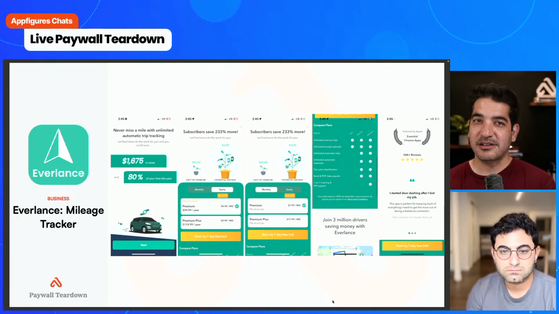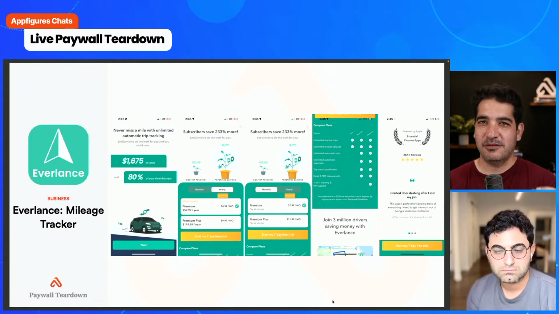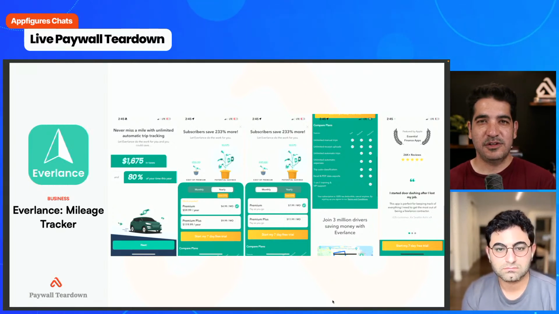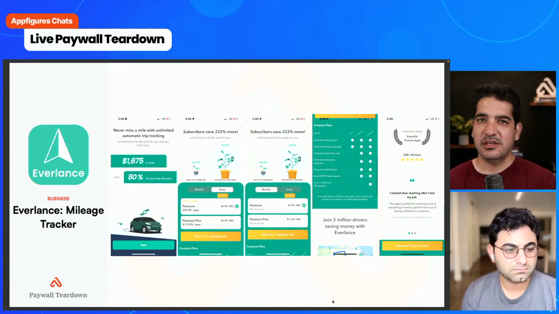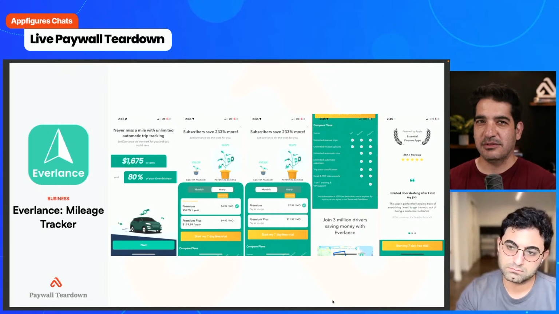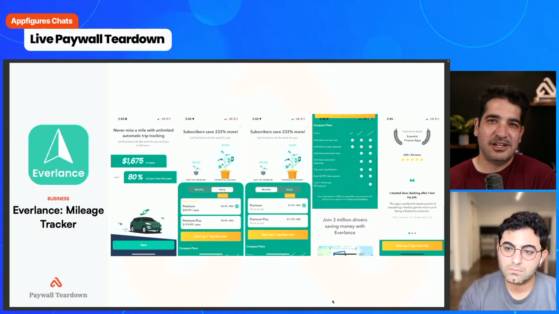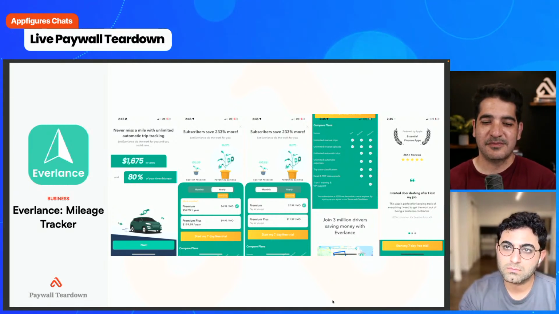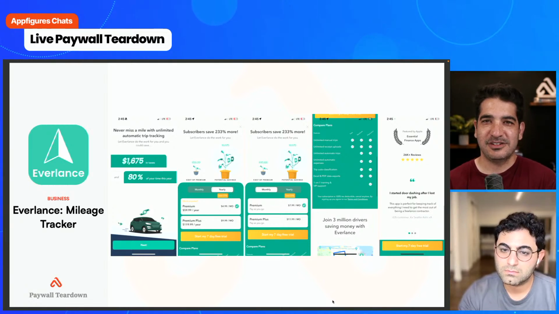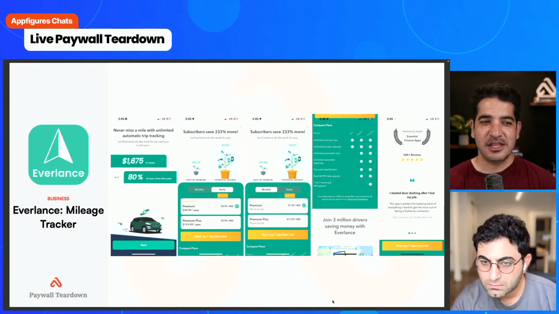So maybe your main paywall could have a few more, but then your other paywalls could be really hyper specific, either to a feature or maybe even potentially a use case, depending on the kind of user who uses this app. I don't really use a mileage tracker, so I'm not entirely sure why I would need it, but that's kind of where I would look at the why do I need this? I don't need all the features. I don't care about all the features. I care about like two or three features, and I think probably different people care about a sliding window of different features. That'll be my guess.